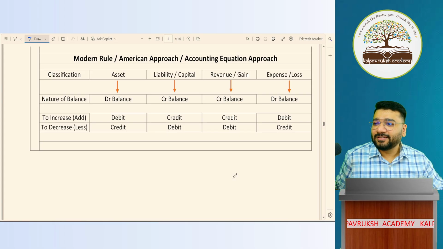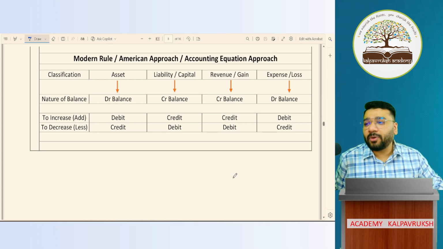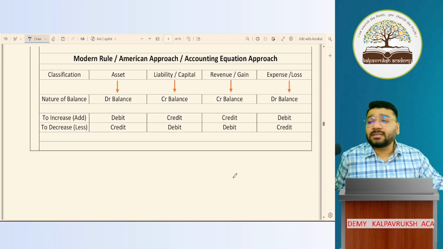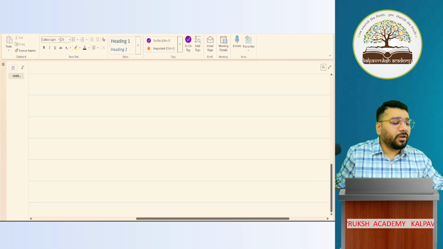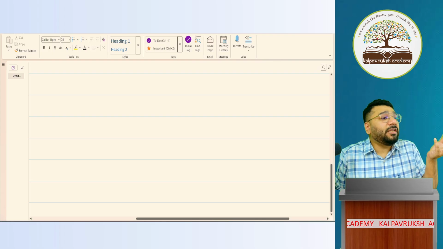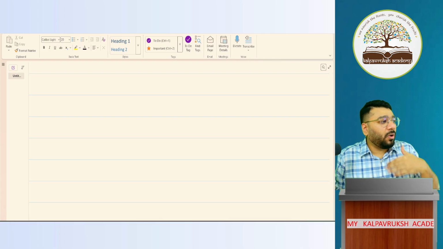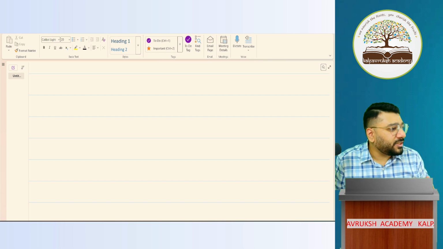So, guys, we're doing this chapter called Introduction to Accounting Process, right? In the last class, we started our discussion on modern rule. Followed by that, we also saw what is the meaning of journal entries, all that. So I'll do a very quick recap of that and we'll head forward to the questions directly from the ICAI